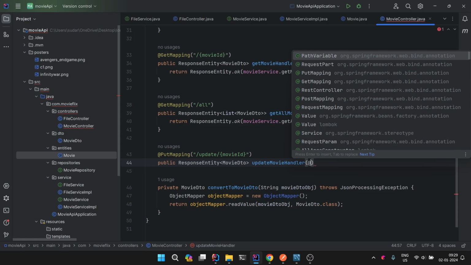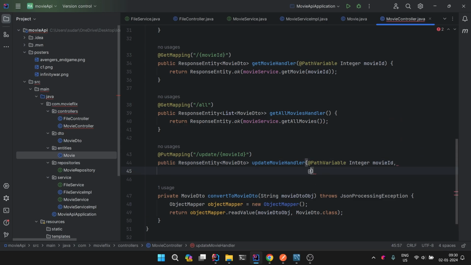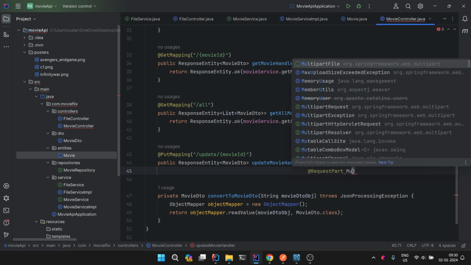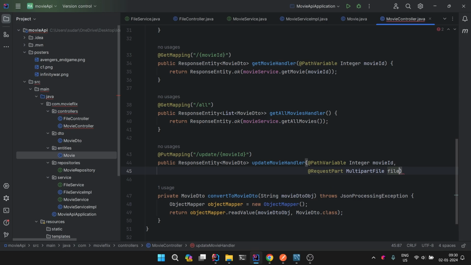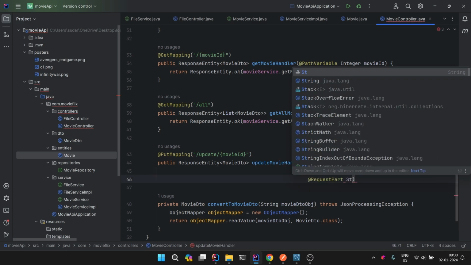Now first thing it will take is a path variable, which will be of type integer, and it will have movie ID. Okay, second it will take a request part as multipart file, and third thing it will take is a string